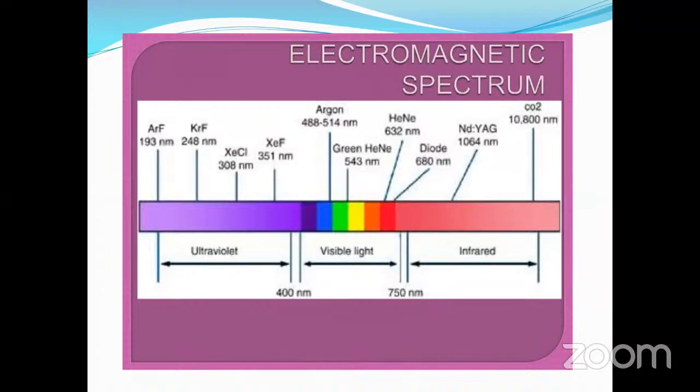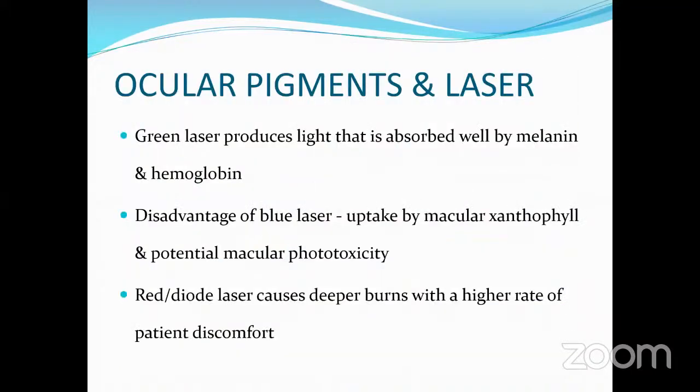Now, coming to the argon, it comes in the visible spectrum, in the blue-green. You can also have the green laser, which is a helium neon laser, which can also give lasers at 632. Diode is usually in the red area. NdYAG laser is 1064. The NdYAG laser that we use is frequency doubled, so it comes a little inside with a wavelength of 500 and something. That is something that we usually use. This is the electromagnetic spectrum and where each laser is giving out light.